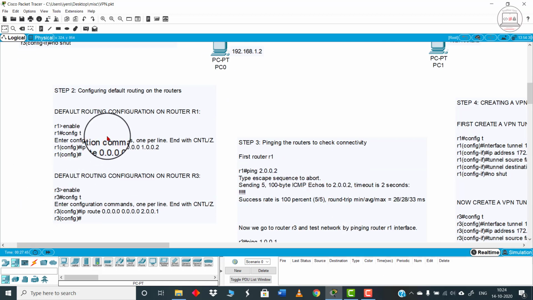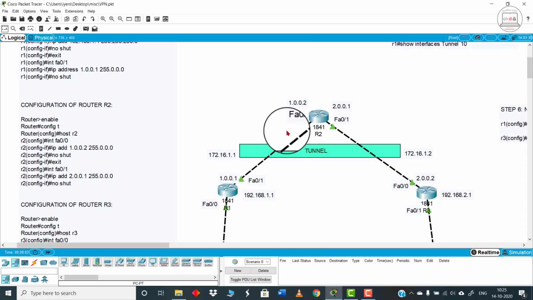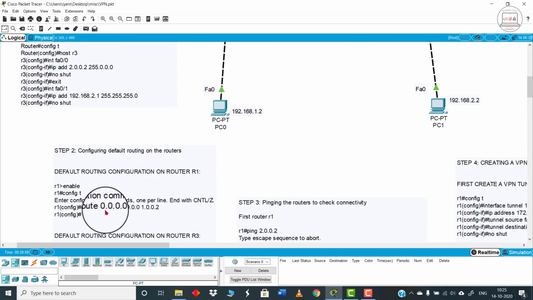So we have to go into router R1. Again, the same thing: enable, config t, and the main command lies over here. ip route 0.0.0.0 0.0.0.0 and then the IP address of router R2, that is this particular interface, 1.0.0.2. Am I clear? So let me tell you what is the significance of this